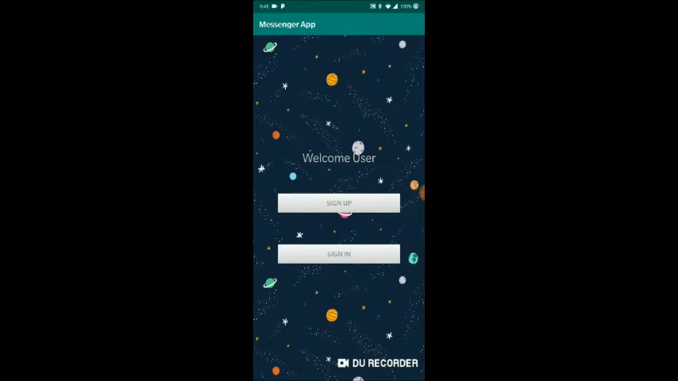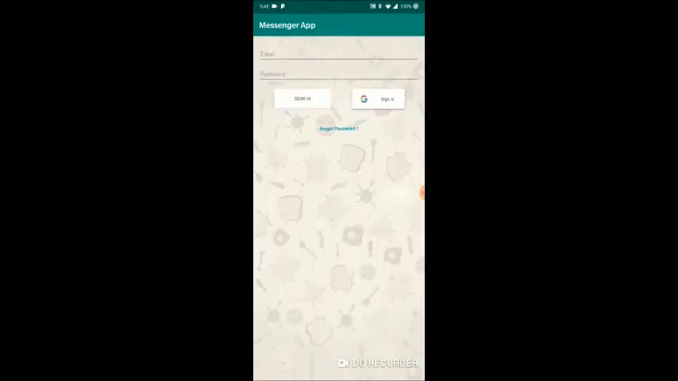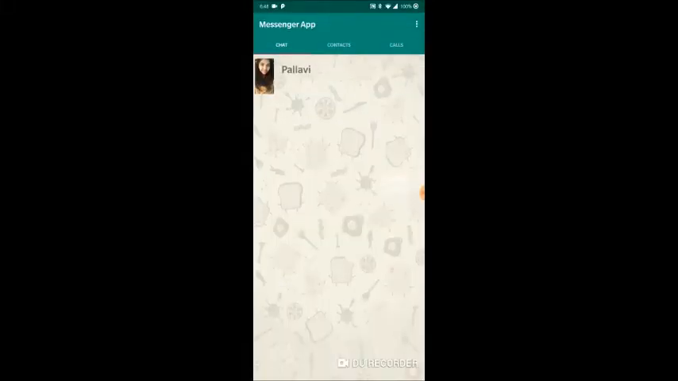Then I'll click on sign in. Since I already have an account here, I'll be given two choices. One being using my email and password, or I can sign in using Google. The easier method would be I'll just click on sign in, and since it's Harish's phone and he has already